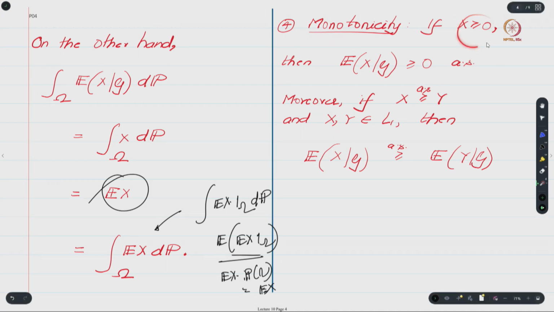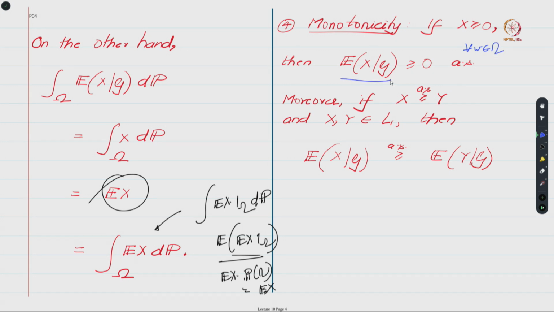Okay, so then there is this very important property of monotonicity, which says that if your given random variable x is non-negative, then the conditional expectation will also be non-negative, right. So recall that this is a random variable and we are saying that this is non-negative, which means that if you look at every omega in capital omega, this left hand side has to be non-negative. However, as I told you, if two random variables differ only on a 0 measure set, then their expectations are the same. Hence it is possible that even though this is non-negative for every little omega in capital omega, the conditional expectation may be non-negative on every omega in capital omega except for a 0 measure set. Okay, so that's why this almost sure